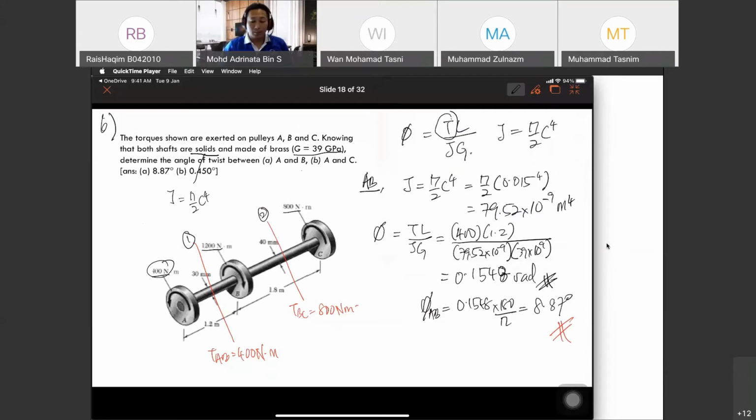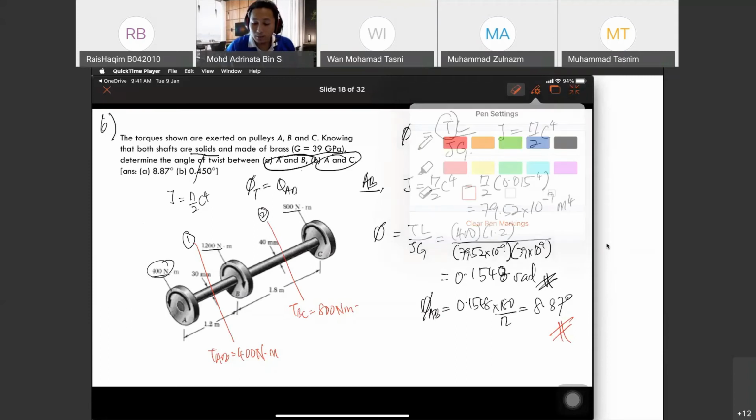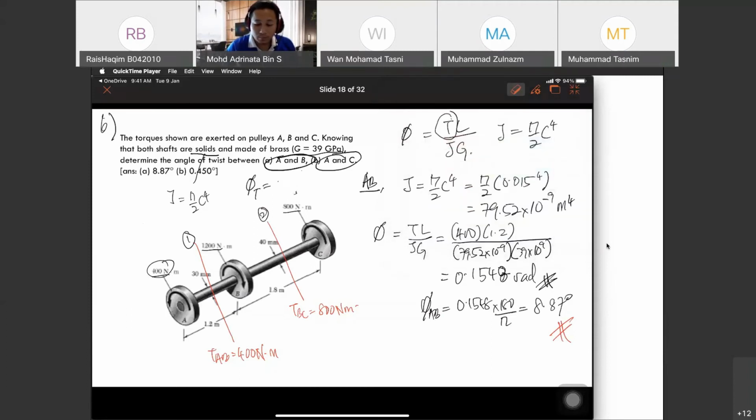So for AC, A and B, A and C. To get A and C, the overall total tau is equal to tau AB plus tau BC. Then we get tau AC. So tau AB we have calculated already. So we need to find tau BC, then we can calculate the rest. So tau BC